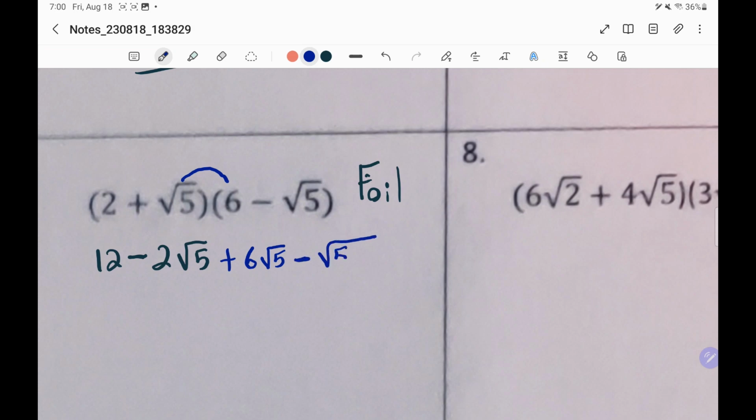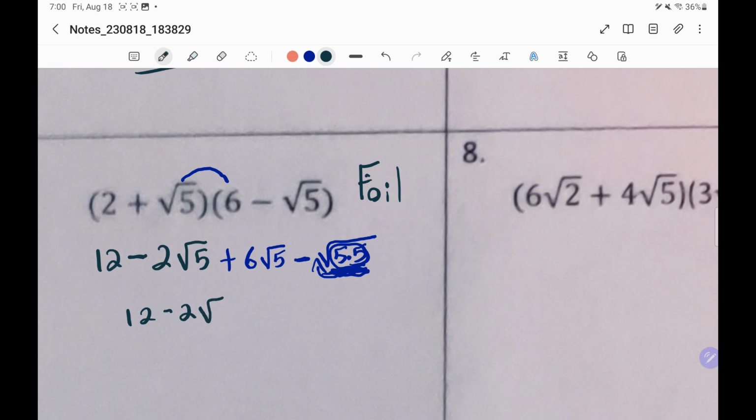Now, because I have radicals multiplying, what do we do? Yes, we're going to write both of them inside, and we're just going to multiply them together. Now, we have a lot of stuff going on right here. So what we need to do is start simplifying. We need to start adding or subtracting like terms. But before I do that, I'm going to simplify this bad boy right here. Now, I do have a group of 5. So what do we do with the groups? They go outside. So my actual problem is going to be 12